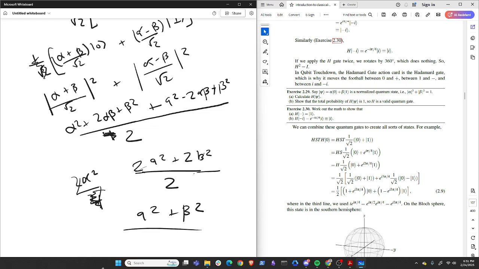Boom. Perfect. So when we take the norm squares, and we know that alpha and beta were normalized to begin with, therefore their squares sum to 1. When we take the total probability, we take the norm squares of the new probabilities based on the Hadamard gate, we still get 1. Perfect. H is a valid quantum gate. It does not mess with the normalization. All right, so